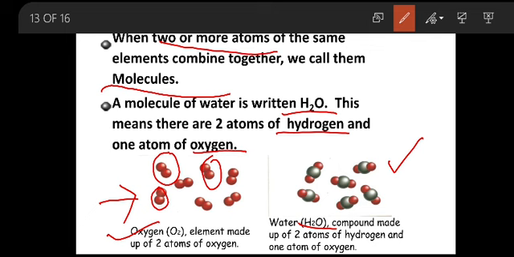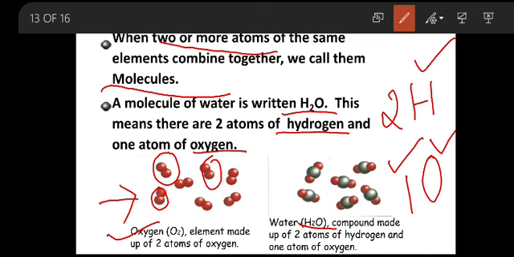Now, I am going to mix both these elements to bring up a new, different thing, that is my water, that is your H2O. So, I am going to combine two molecules of hydrogen and one molecule of oxygen. Here, two different atoms are combined. Whenever I combine two different atoms, it is a compound. Same atoms means element. Different atoms means compound. Okay, my dear children.